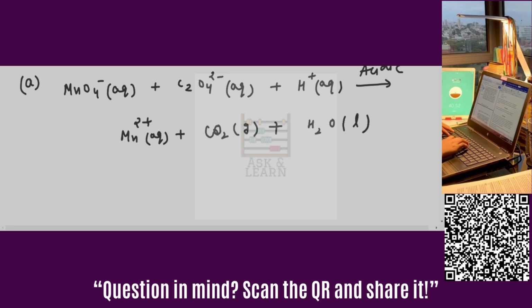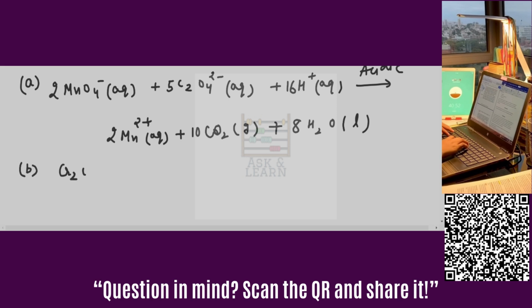Now when we balance the equation, here we get 2 MnO4 negative, and here we get 2 Mn2 positive, and then here we get 5 C2O4, and then here we get 10 CO2, and then balance the hydrogen. So here 16 H plus, and here 8 H2O. So this is the balanced net ionic equation in the acidic medium. Now part B of the question is